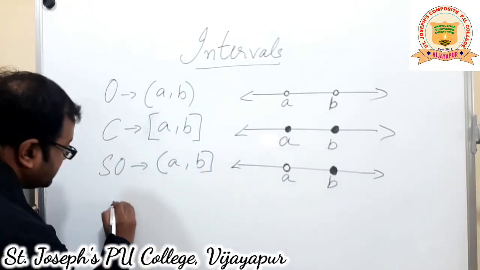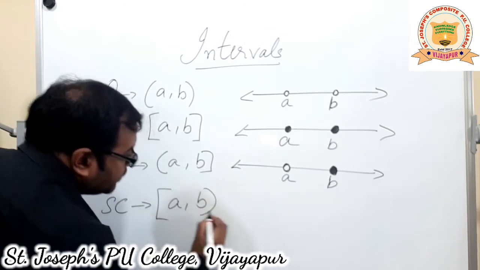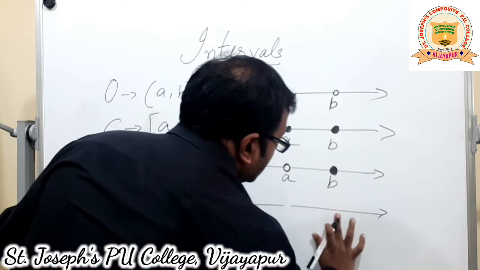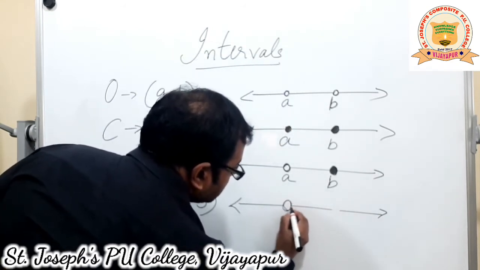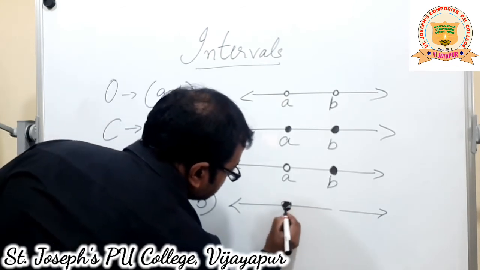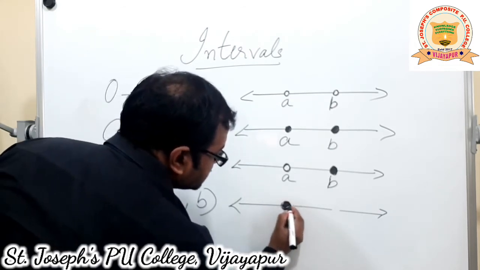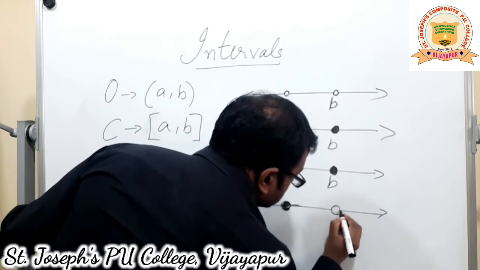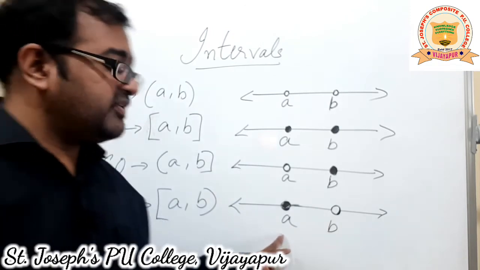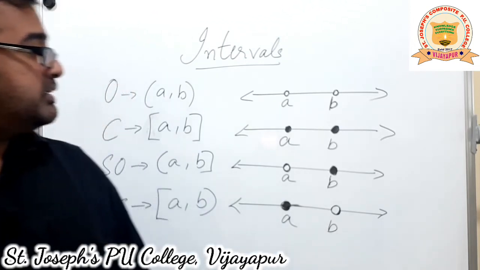What is the last option left is semi-closed. So that I hope you can write it even before I continue in the video. Yes, please. So we have 2 points, A and B. A being the closed part, so we'll shade that part. Too big, I think. We just need a small circle there. Okay, small one is enough. And then on the other side, small circle which is not shaded, the unshaded one. This is A and this is B. So the first one is the closed part. Let there be no mistake in that. And the second part is open.